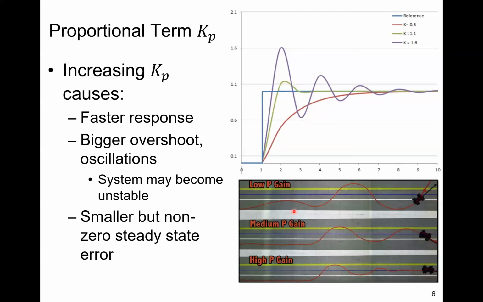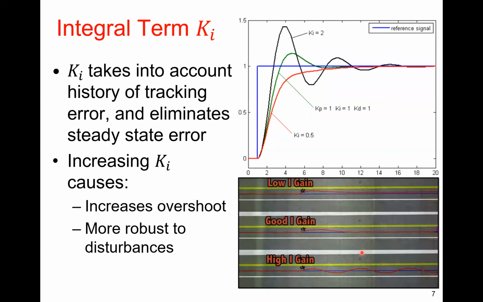So in terms of a vehicle, if you have a very high P gain, then it oscillates around your set point, the center line of the lane. If you have a low P gain, then it converges very slowly. Medium P gain is the best. So the integral term